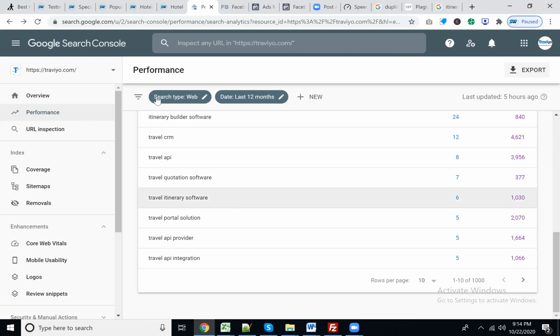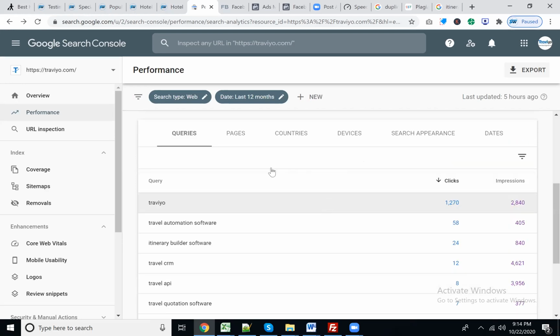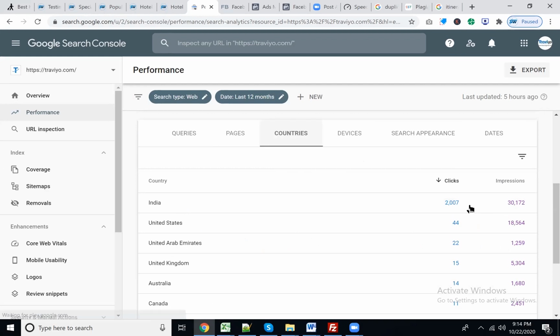How do you update the Google Search Console? This is the Google Webmaster Tool. Google Analytics and Webmaster are the two tools we use for website health checkup, keywords, visitors, and end users, and from which country they are visiting us. Lots of things, like countries, we can see here. From India, 30,000 people's impressions.